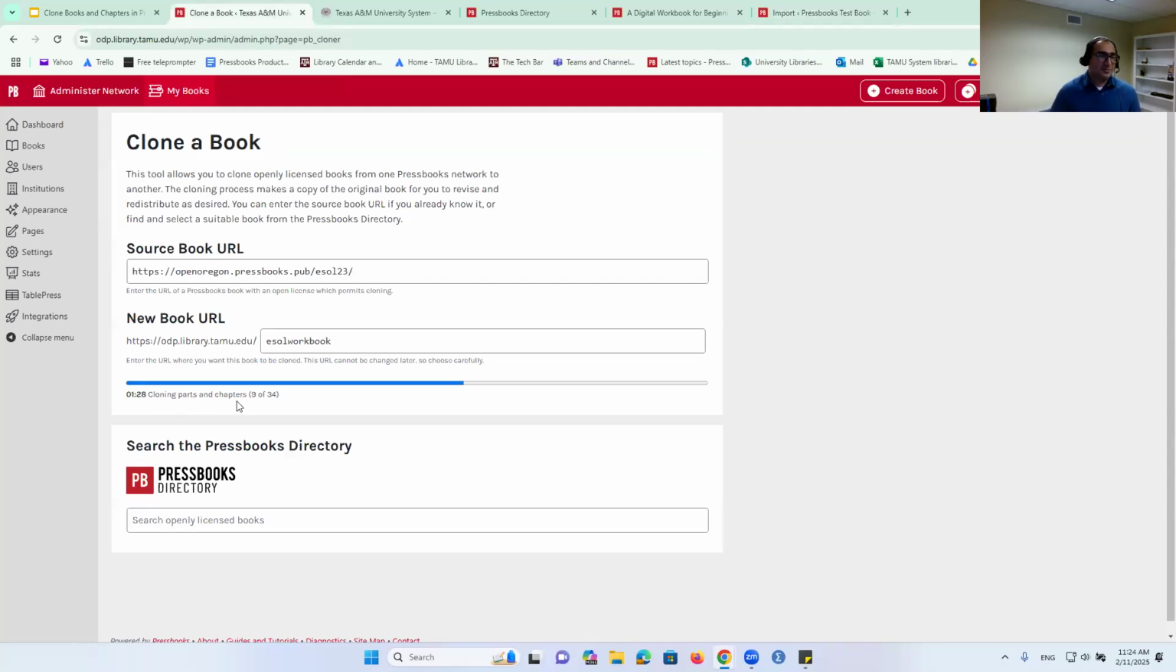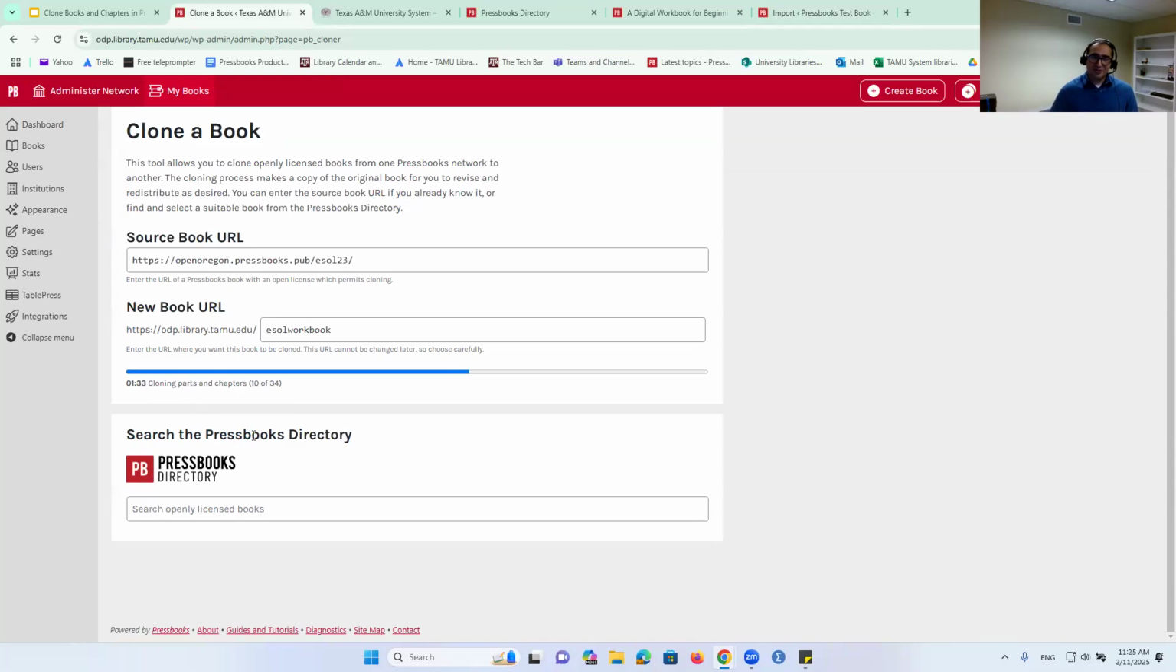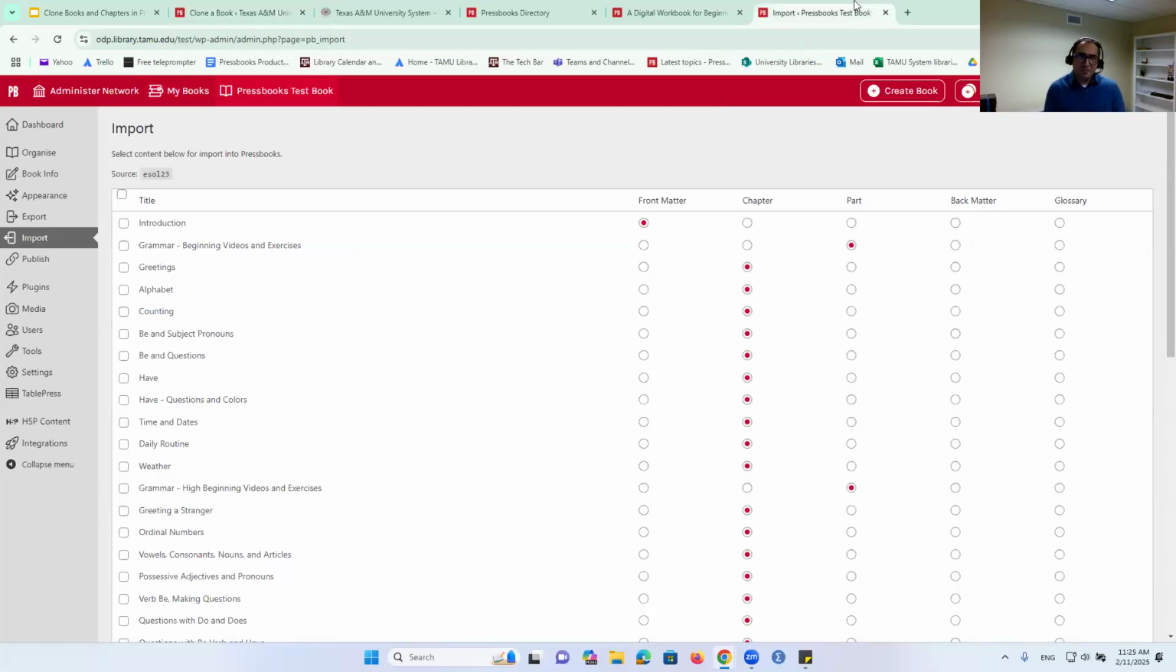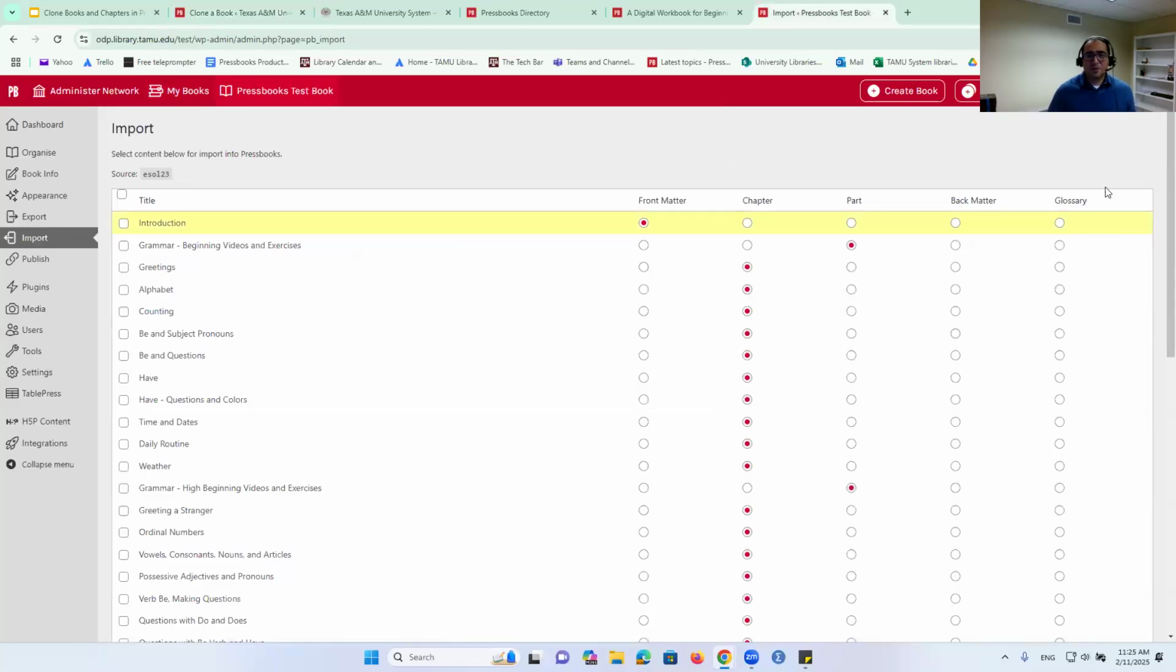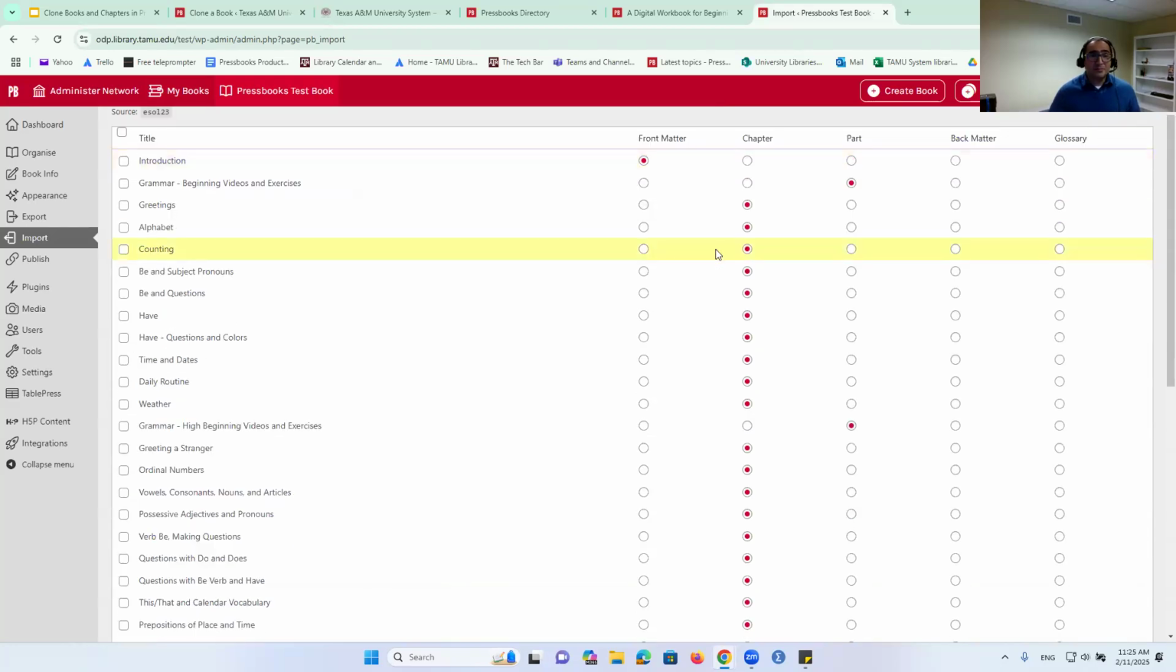So cloning parts and chapters, 9 out of 34. And here you could also search for Pressbooks directory books directly from inside your dashboard. You don't have to navigate to Pressbooks directory first and then find your book. So this also allows you to search the directory. All right. So what happens with importing a chapter, it doesn't clone it. Right now, I'm cloning here. It takes time. But with importing, it just lists all the parts in your Pressbooks, and then you could